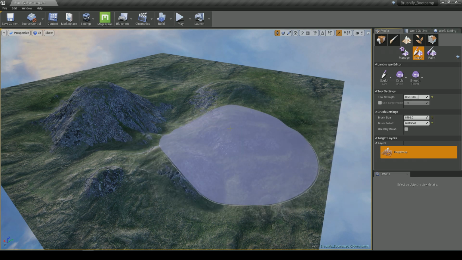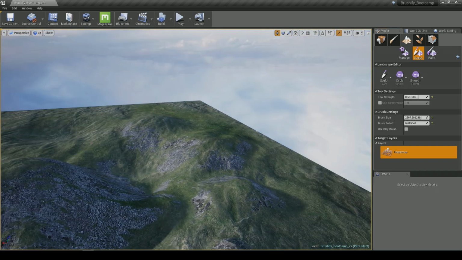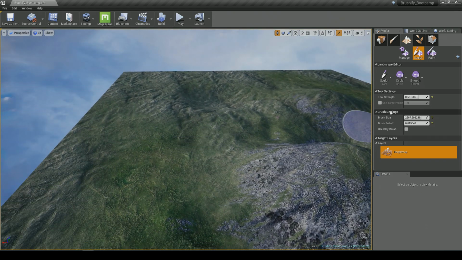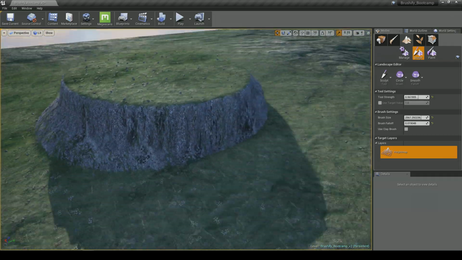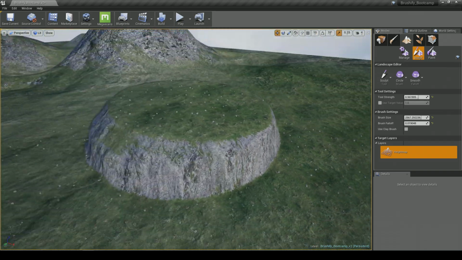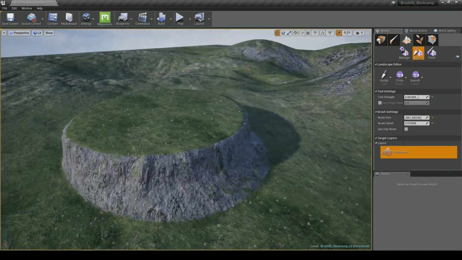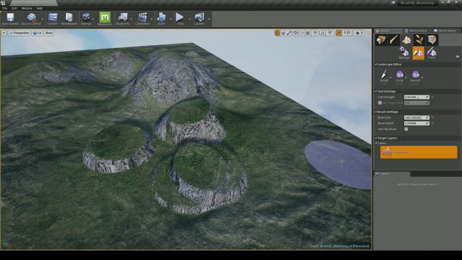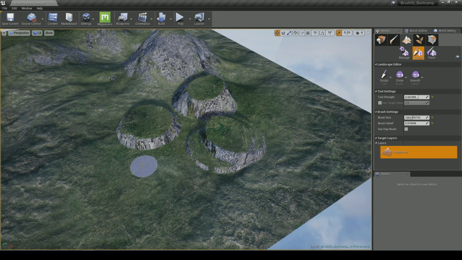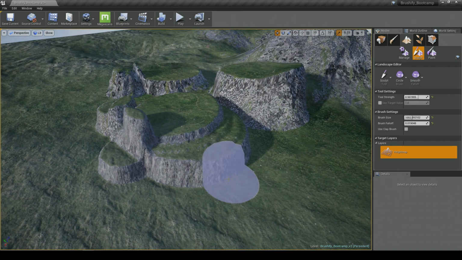So if we make it really, really sharp, you can see that it's going to create a stamp, like a very hard circle. Let's get a bit of terrain where there's nothing going on, and let's stamp that. And you can see that now it's created this ridiculously hard edge, which, maybe that is something useful. I'm going to show you later how you can create flattened areas. So if these floating islands type things are what you're interested in creating, you can do that. And then again, with the size tool, you can change the size. And this is painting now without any